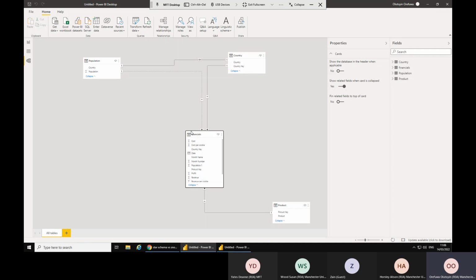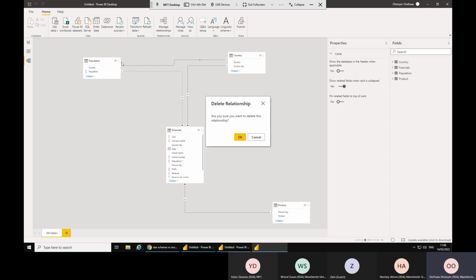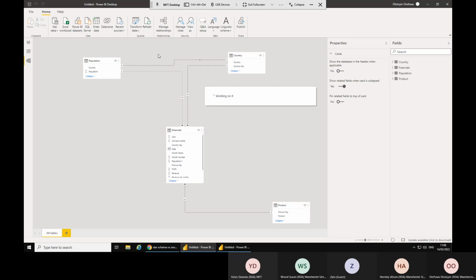All right, so here I'm going to delete this active relationship, which is a one-to-one. We don't need that in our data model. It's going to go away because we have a relationship. However, it's broken. The line is broken. The reason why the line is broken is because that relationship is not active. However, that's what we need. And then that's gone, but this is still not active yet. So if we highlight, double click on that,